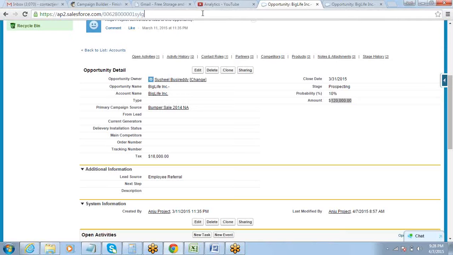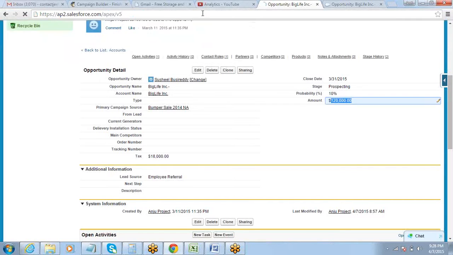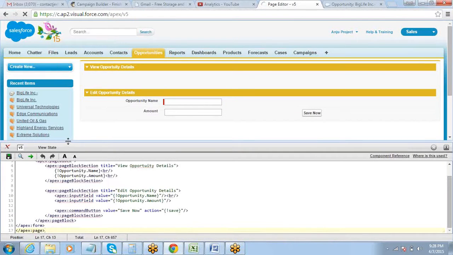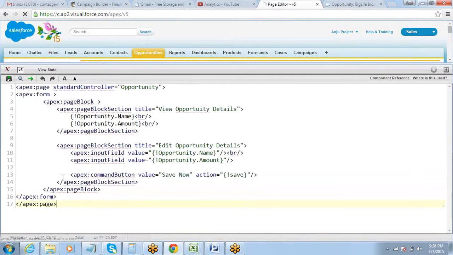So let's quickly have a look into the code for the last page. It's very, very simple. There's nothing that we have done. The only thing that we have done is we have used one additional component called input field. Input field will display the data in the form of an input field, and you will have the option of changing it.